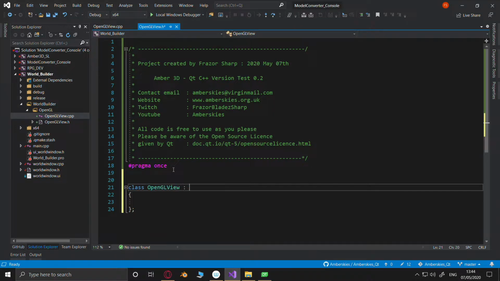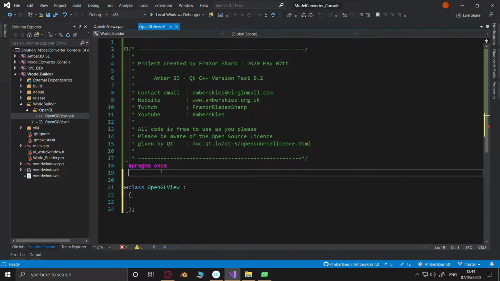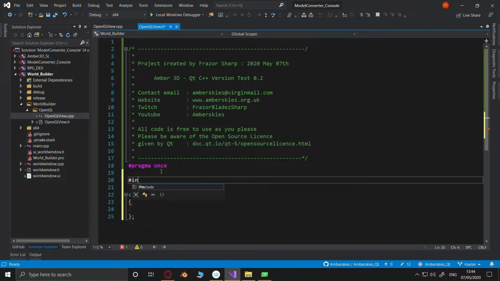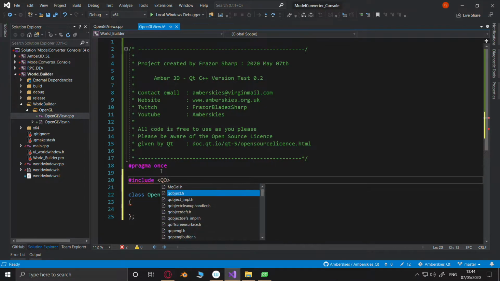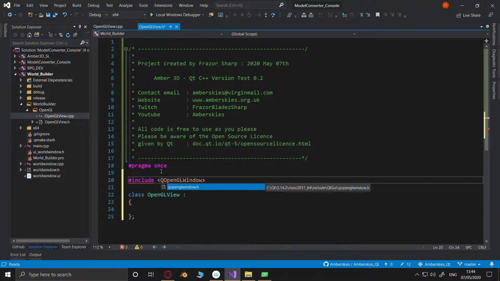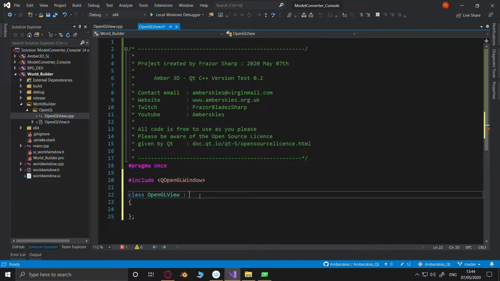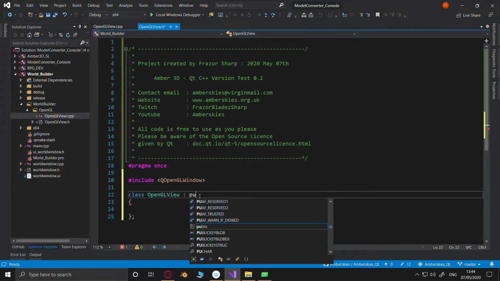And that's going to be colon. #include, what shall we have? QOpenGL. I'm going to try and stay with a window actually, because we went with a widget last time. Window. I'm going to try it.